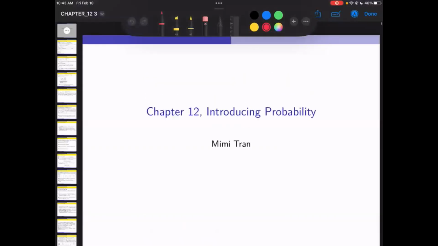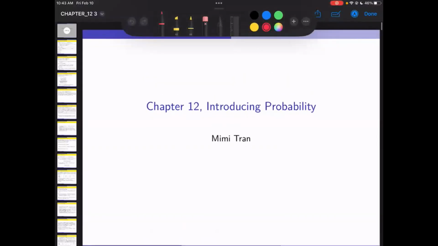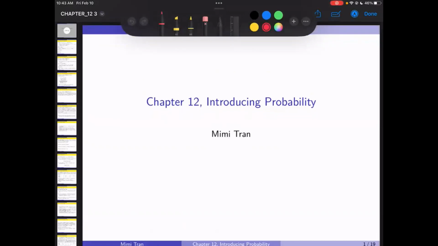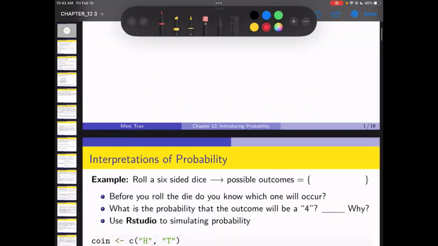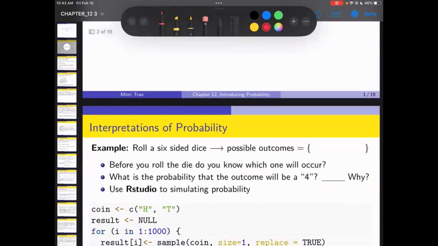So chapter 12, introducing probability. Chapter 13 is another chapter of probability. So you see how important probability is. I suggest you try to get the slides for the chapters because it's going to connect to the next chapters. If you don't, we might have a hard time. Right? But again, I record my lecture, so.